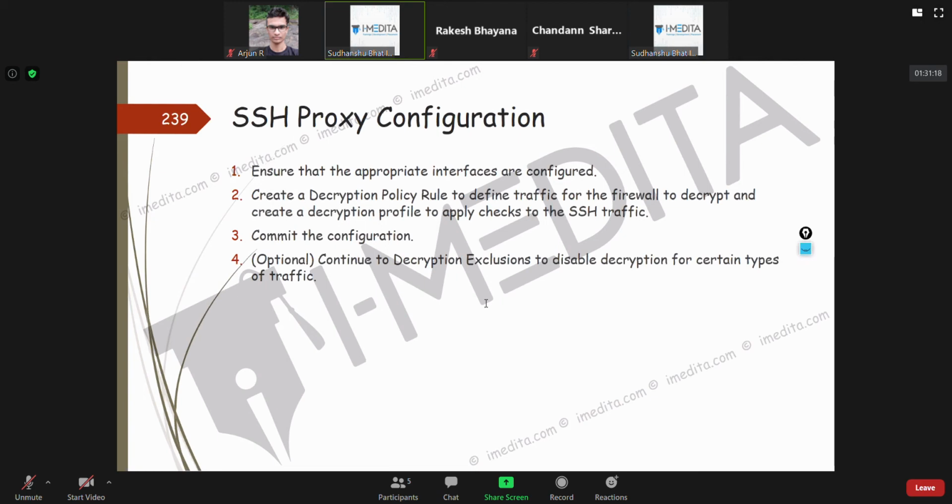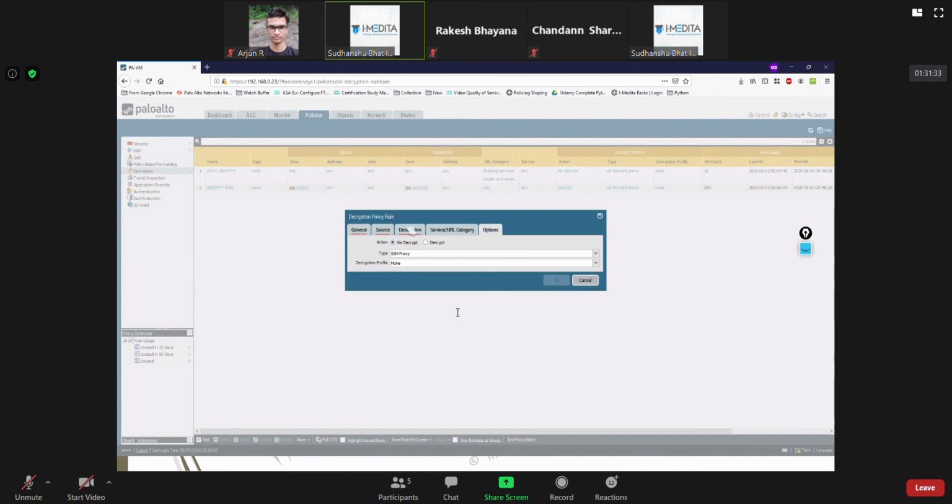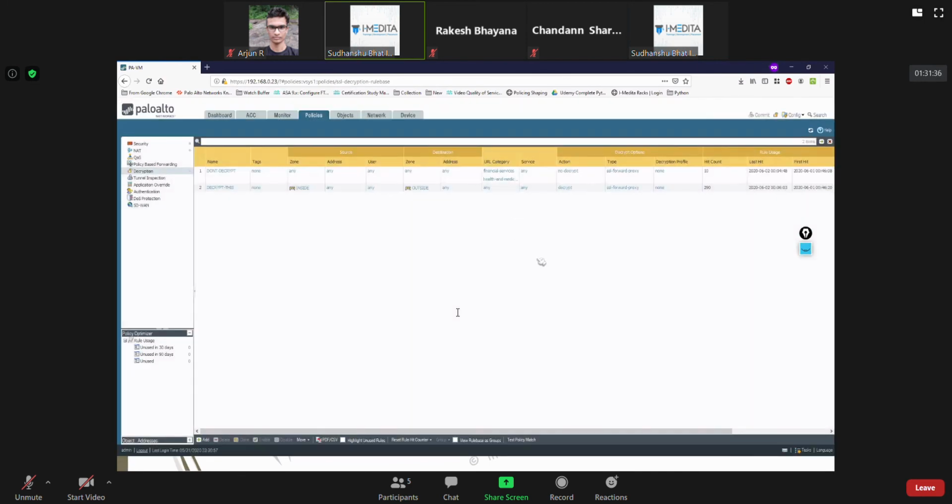Now, if you look at this fourth step, we can have decryption exclusion. Now what is this? Sometimes what happens is if you enable decryption, your applications might break.